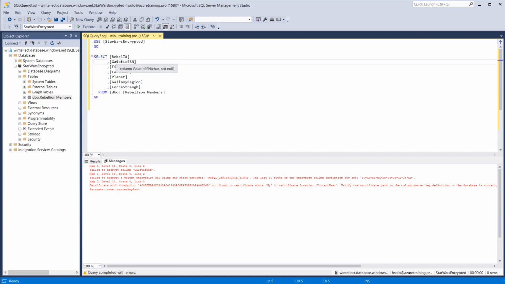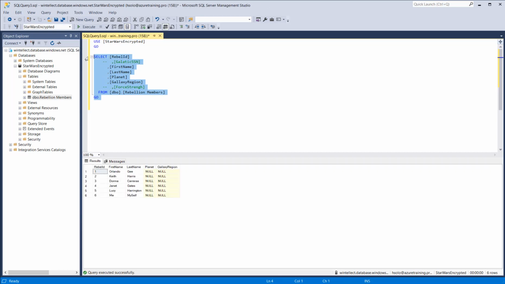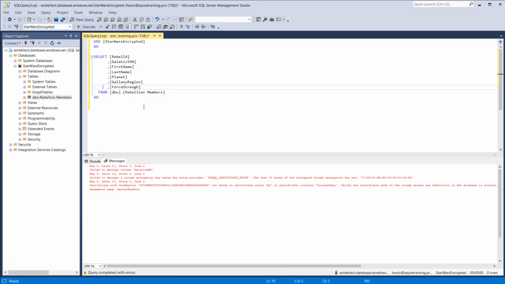So if I go ahead and try to collect columns that are not encrypted, I execute, and I can see the query working because I'm not collecting data from encrypted columns. But if I try to collect data from encrypted columns from a non-authorized environment, in this case just by not having the certificate key, my query fails. So the data is really encrypted, including for myself, like me, the Azure Active Directory admin, the server admin, right,